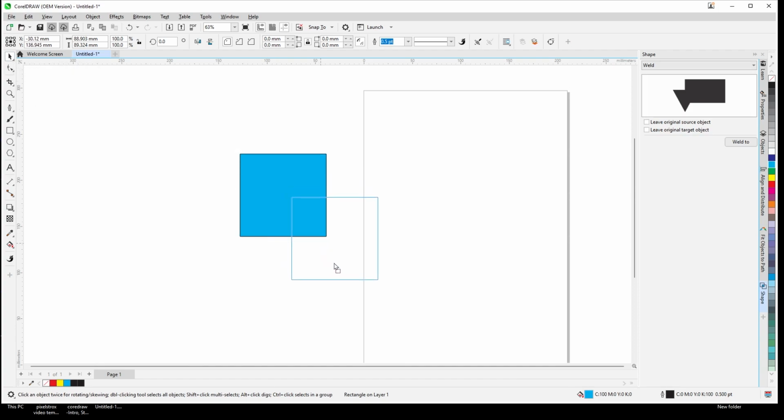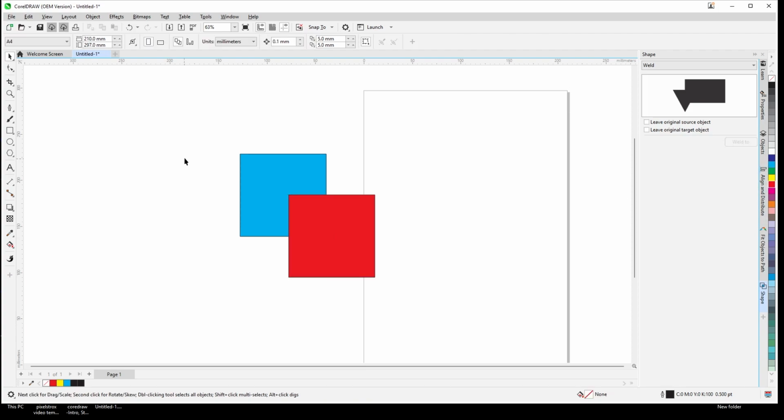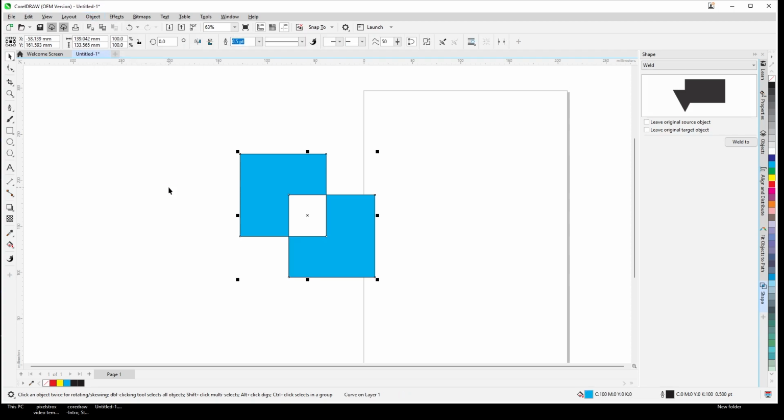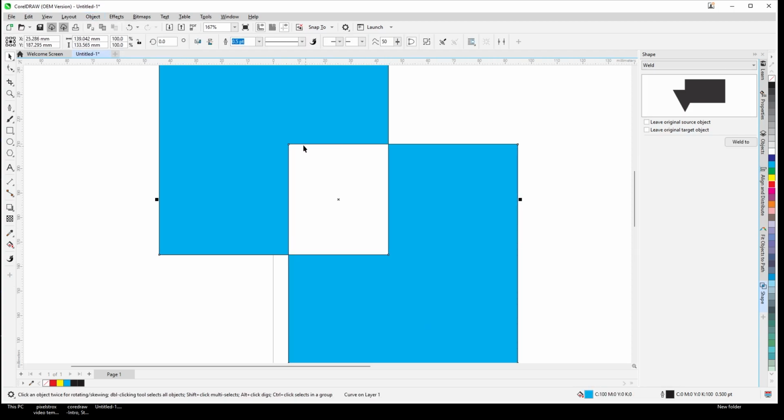This is another shape, fill with a different color, and select these two. Now instead of a group, here I'm using Combine, Control L. So what does it mean, Control L, Combine? See, it is combined,